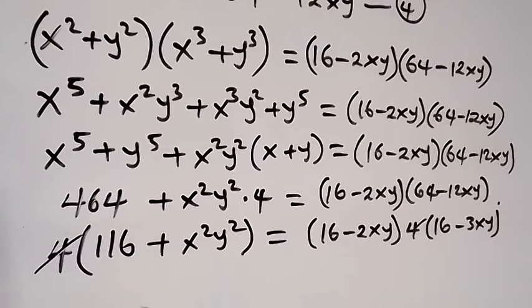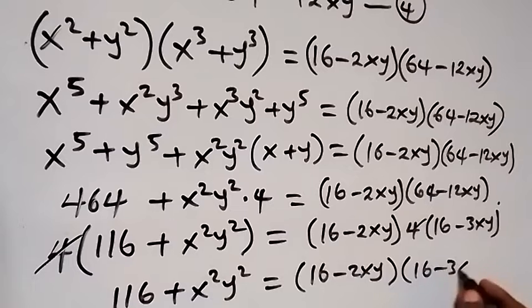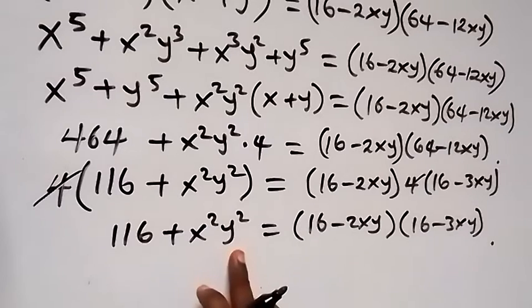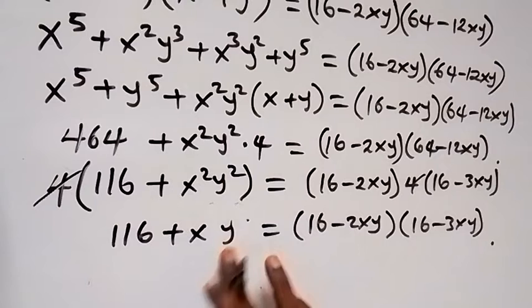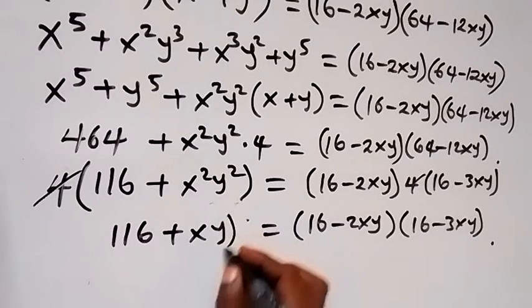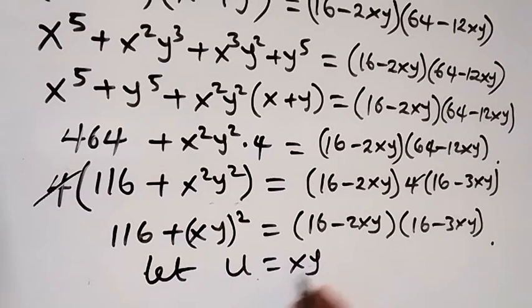And then what we have left here will now be 1/16 plus x squared y squared, which is equal to 16 minus 2xy, then times 16 minus 3xy. And from here, we have x squared y squared. From the law of indices, we can take the square out and write it in the form of xy, all squared. Then from here, we can say let u now be equal to xy, because we have xy common here, so replace